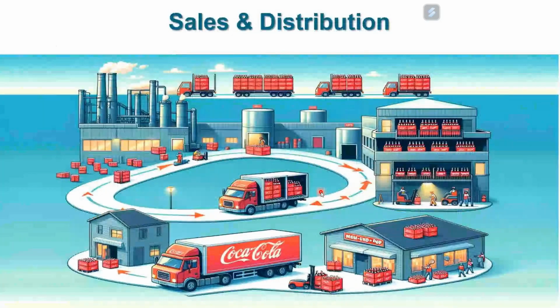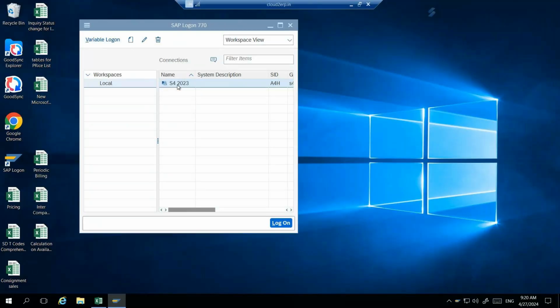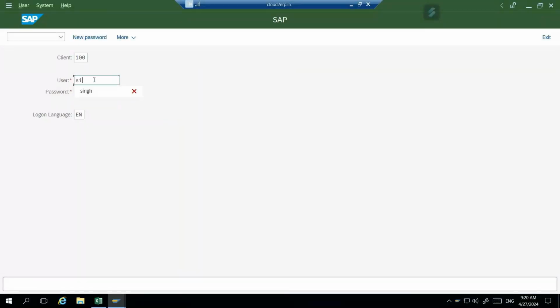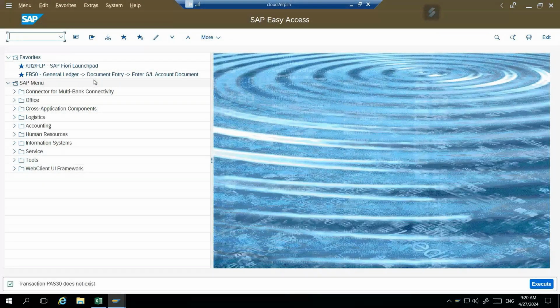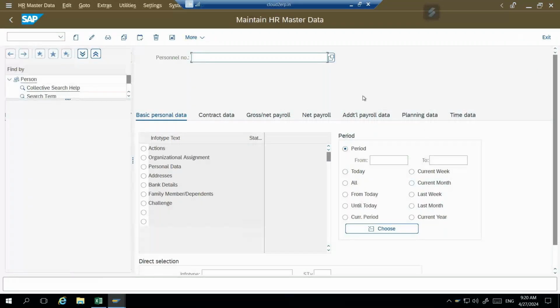Now before I come to this, SAP HCM would work more on screens like this. This is the kind of screen you see in SAP HCM, right?